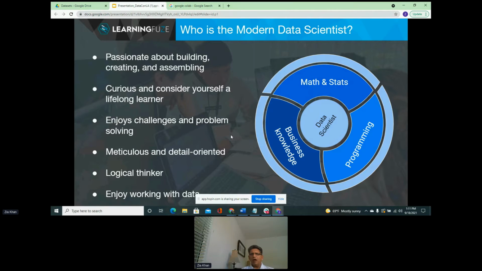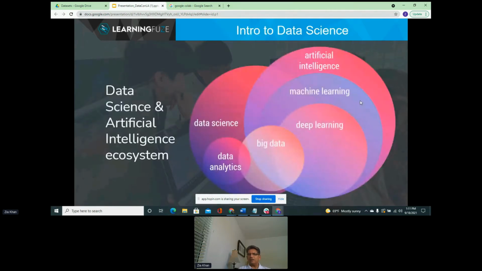All right. So how does the ecosystem for data science fit together? These are some of the terminologies that you will hear big time: artificial intelligence, data science, big data, data analytics, machine learning. What are those and how do they fit in the full ecosystem of data science? Hopefully this visual explains that a little bit. So the overarching field is artificial intelligence.